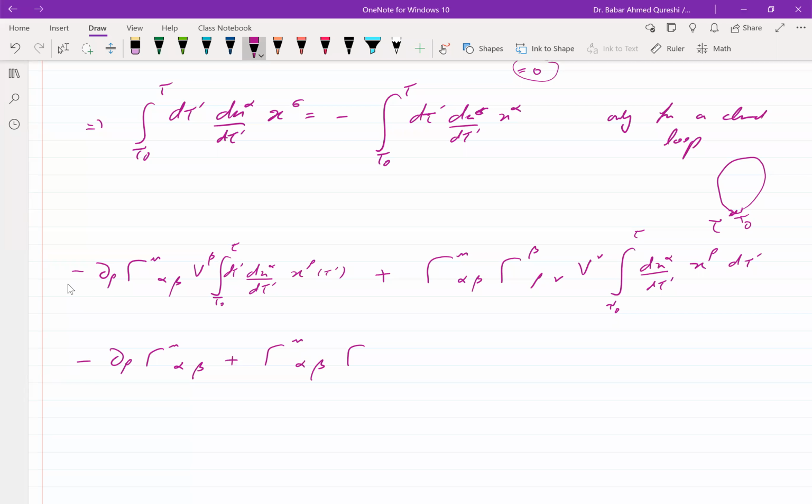Gamma, beta, rho, nu, and this integral, and multiplied with v of